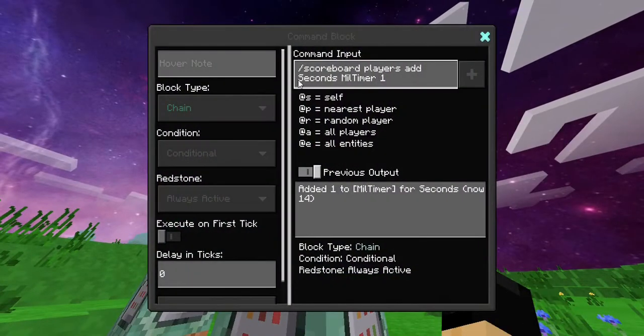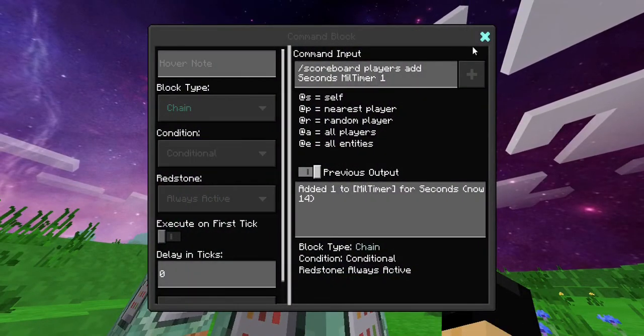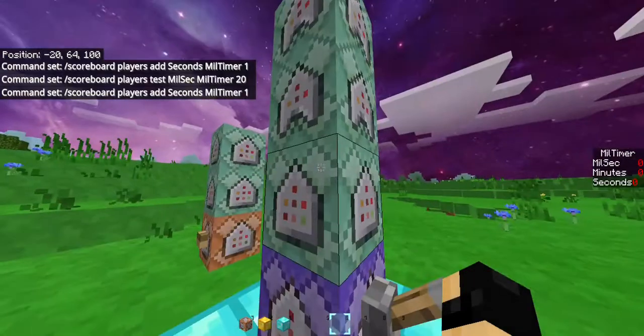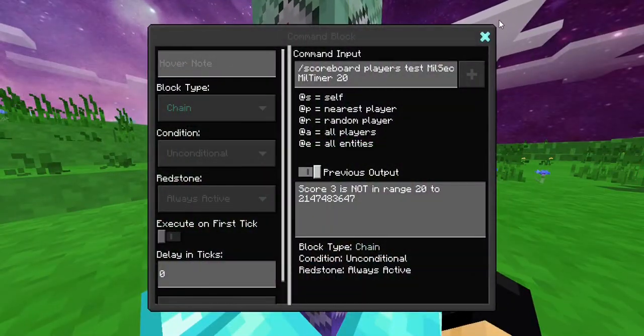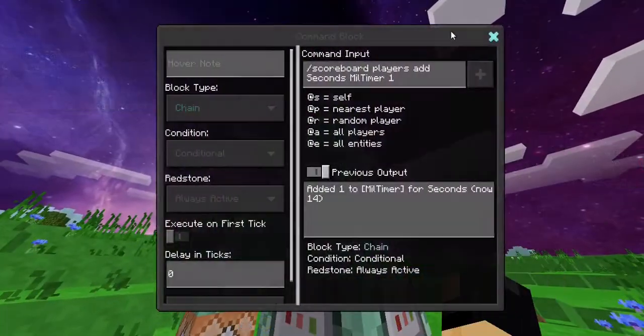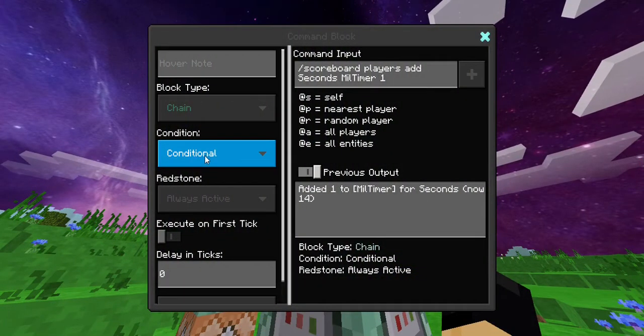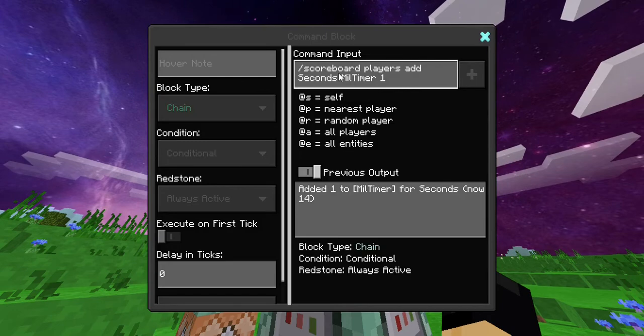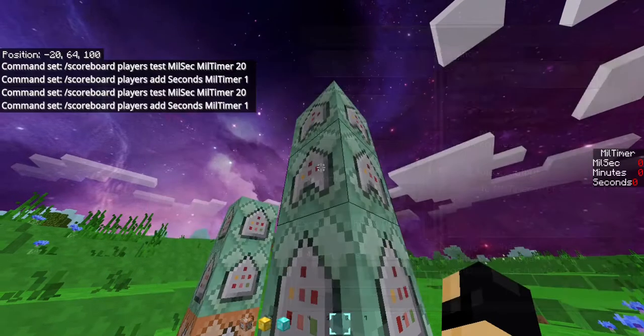And then after that, it becomes conditional, because you only want to actually run this command when it's actually at 20 ticks. So the command after that, that's conditional, it adds a second. So as you can see, /scoreboard players add seconds mill timer 1. So it adds the second,